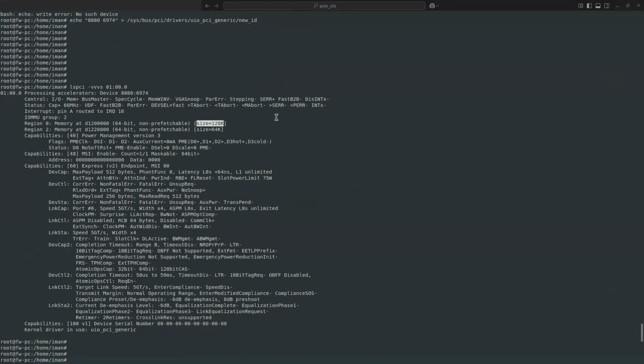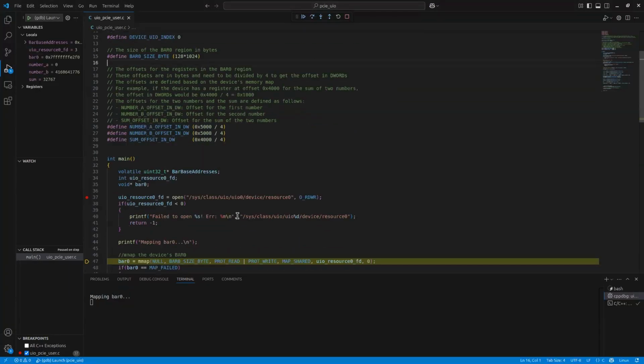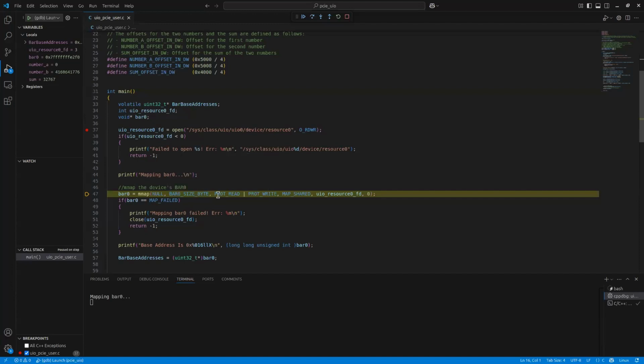You can find it by using the lspci command. And here we use this size, and I used PROT_READ and PROT_WRITE, so that mapped memory will be readable and writable because I want to read or write to the registers. And I use the shared parameter to be able to use that mapped address in any part of my process. For the handle, I use the handle to resource 0. And as the offset, I use zero, because I want the start of that address mapped to my virtual memory.